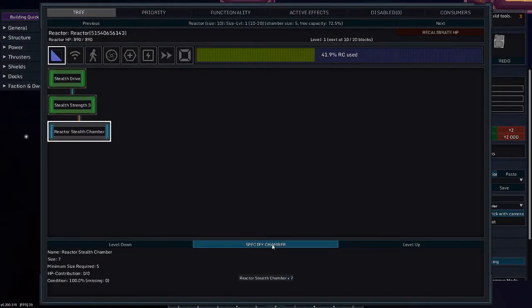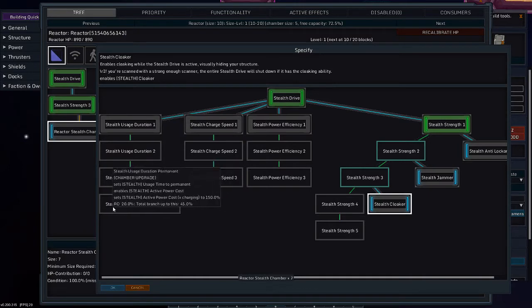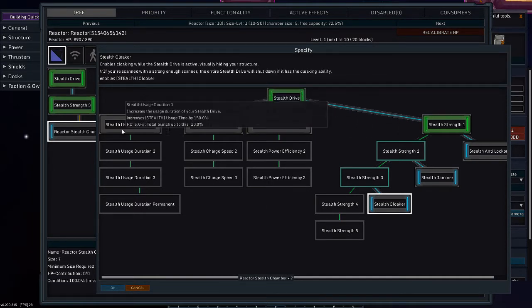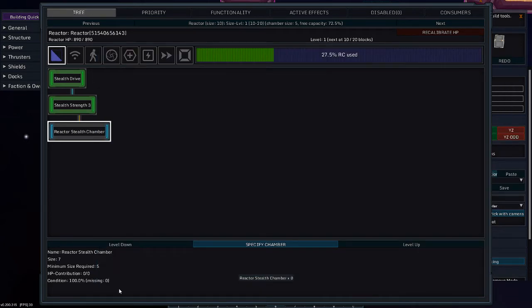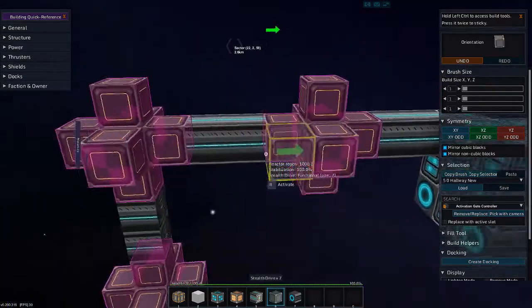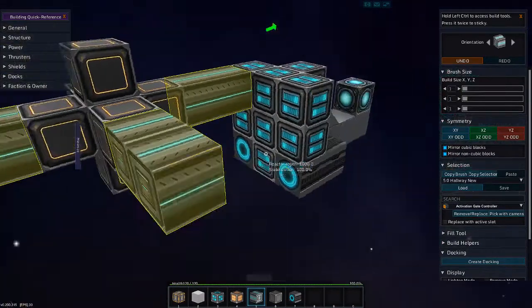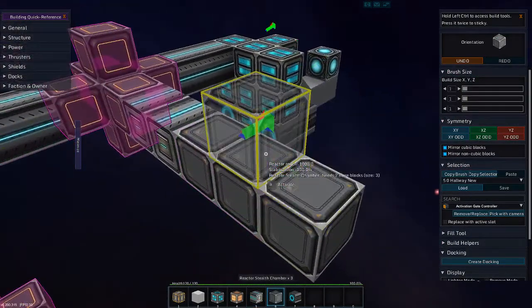Actually, let's revert this and see what else we want. Duration usage. You could get stealth usage duration permanent. I think that's what I want. So in order to do that, I need to have a branch off the stealth drive that's a stealth usage duration branch. So let me reapply my stealth cloaker and the stealth drive here. 1, 2, 3, 4, 5,